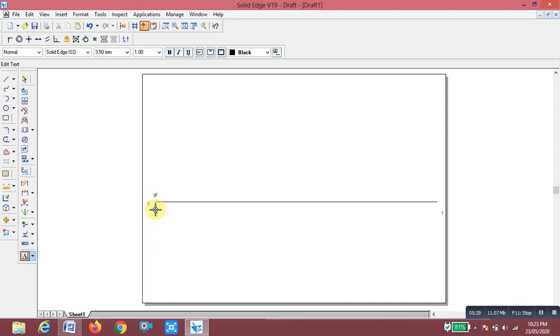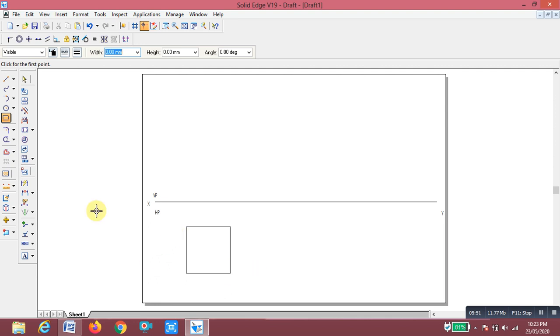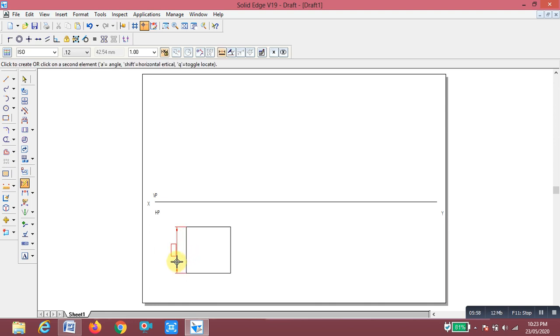Now the given problem is a square prism, equally inclined, so we have to draw the square. Select this first to draw it, and the dimension, this is a square. You mention the length as the small dimension. Click on this, it shows some dimension. You select it and make this the size.